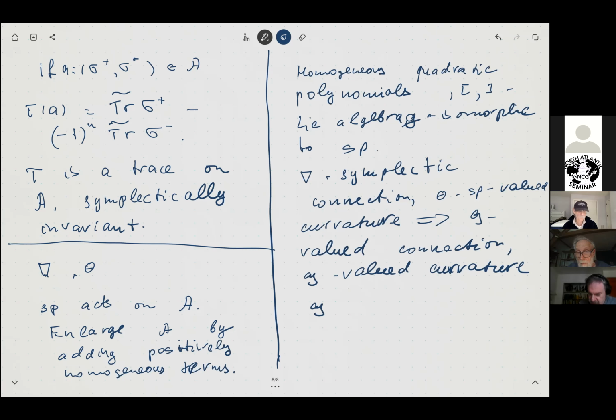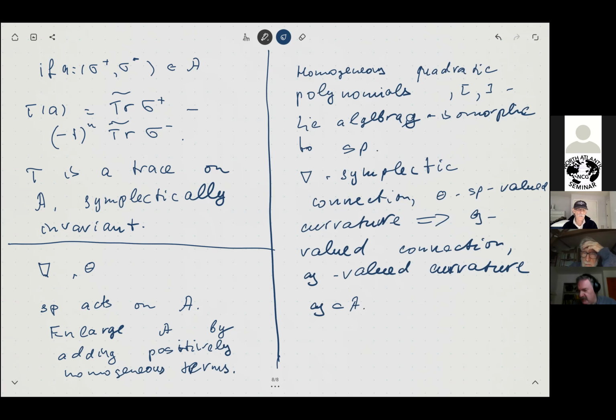And G is actually a subset of A, advanced one, if we put quadratic polynomials in it. Okay, so this is the standard construction. This isomorphism of the Lie algebra of quadratic polynomials with the symplectic Lie algebra is what one does to construct a metaplectic group, metaplectic representation, and this discussion is entirely